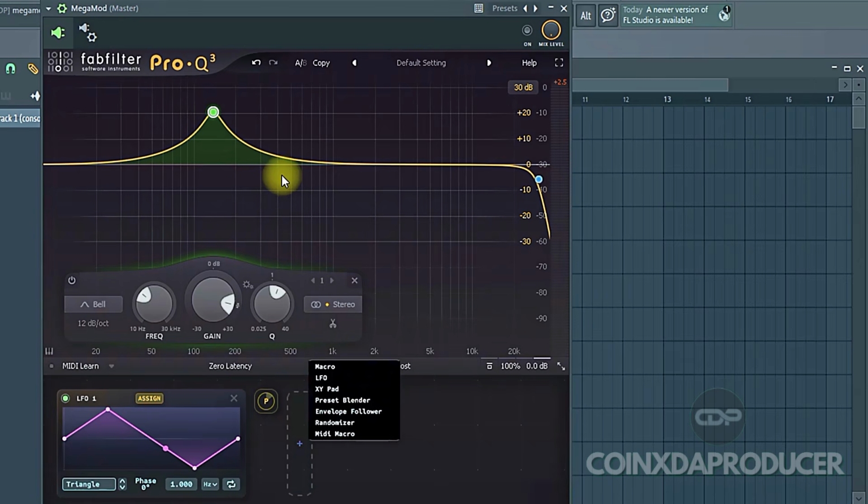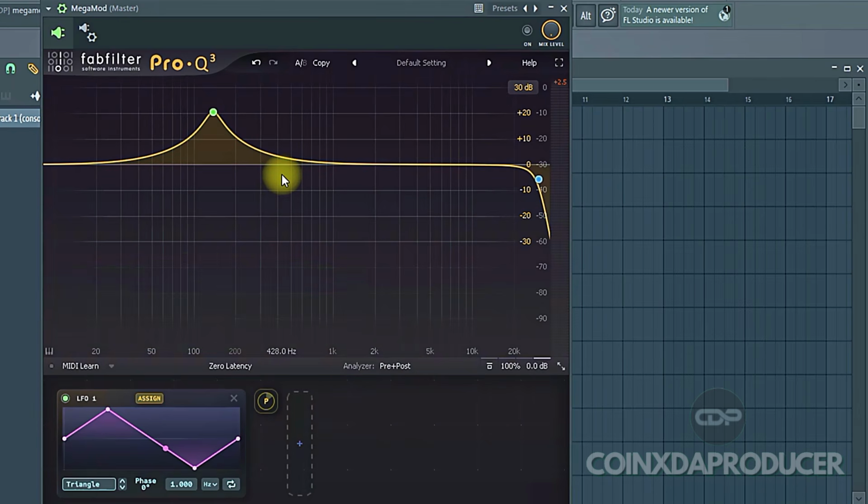And not only EQ, you can use it on compressor, you can trigger reverb, you can trigger anything that is a plugin inside your DAW. So feel free to experiment it even on your vocals, on your drums,